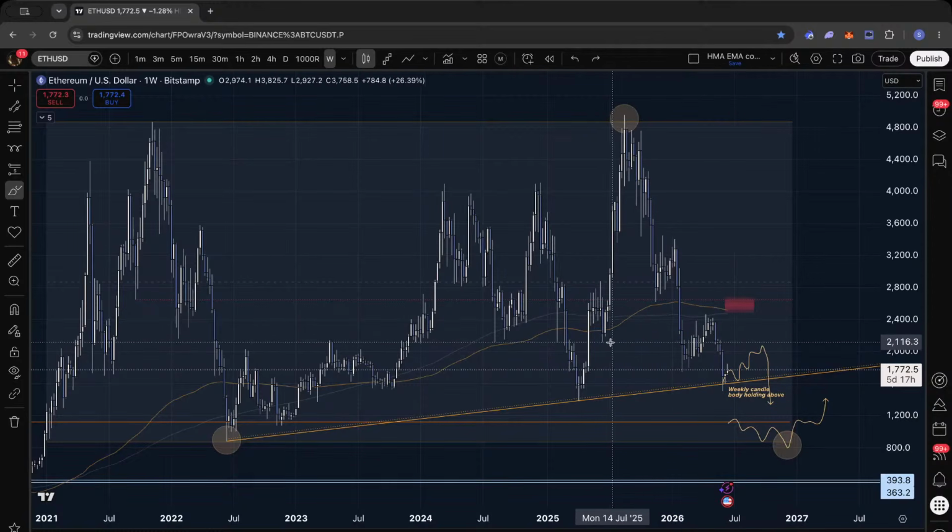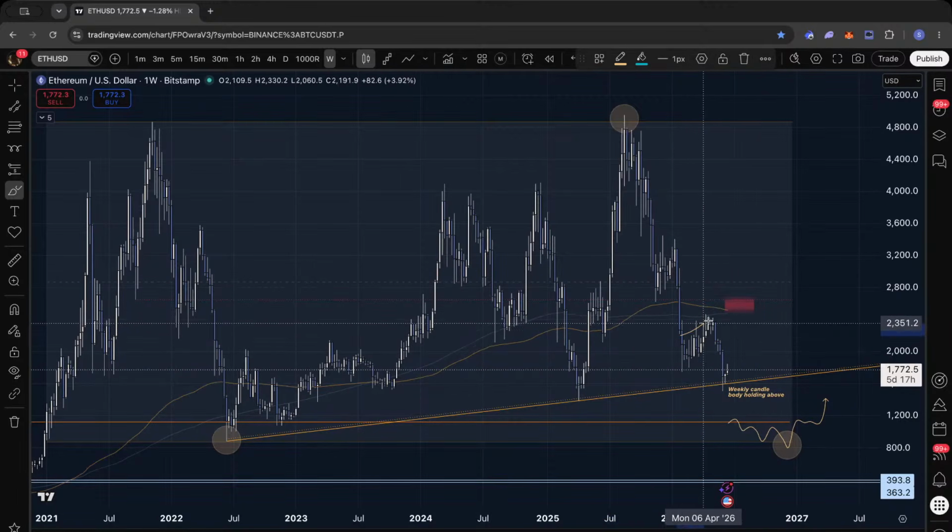That's the first line in the sand, let's put it like that, but we can also do some sort of ranging, continue to range, because it's summertime, and we can see even 2.7, swing failure, the pivot high, and then reject. So it's a probability for the market to do that. I don't expect any major breakouts in the summer. That's the point. I expect the market to range, and that's exactly what most people don't want.